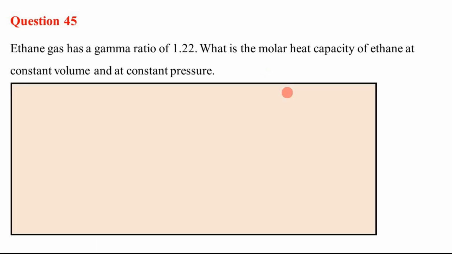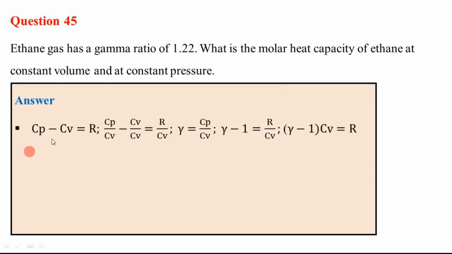So we have derived the formula for calculating the CP. This is the relationship between the CP and the CV. From this relationship, we can then get the formula for calculation of the CV. We know the relationship is that CP minus CV is equal to R. So if we divide by CV on both terms,